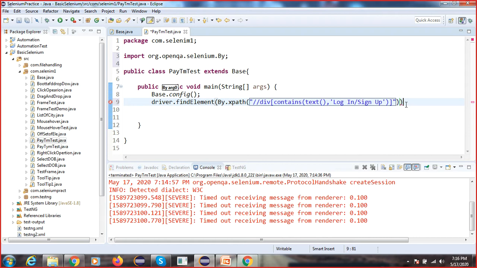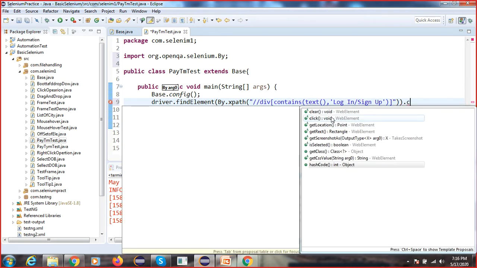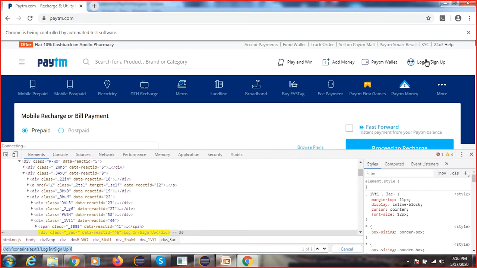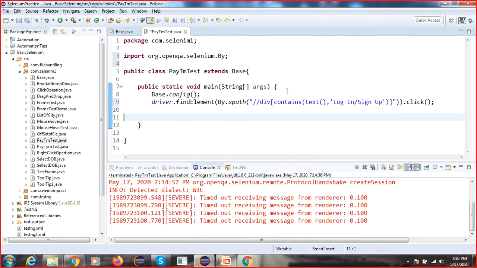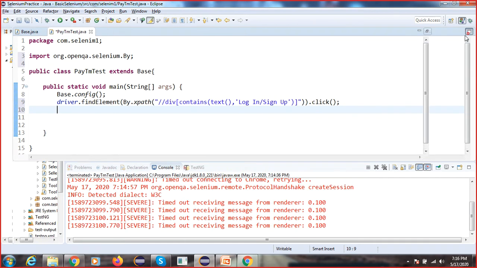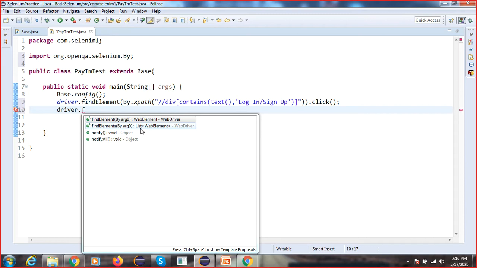Okay, so here what we can do? Click. So this is one step, right? We need to click on this. After clicking on that, I'm going to find the number of frames. How to find the number of frames? Just I'm going to maximize this. I'm using here find elements, right?